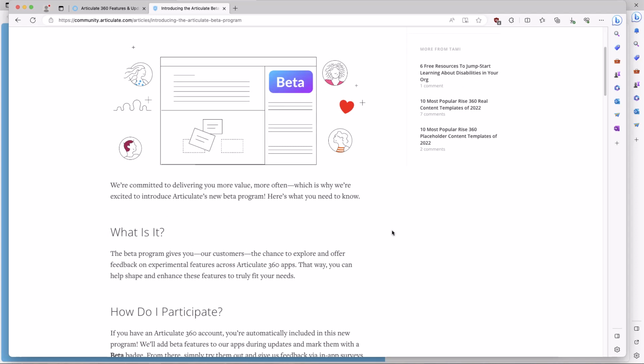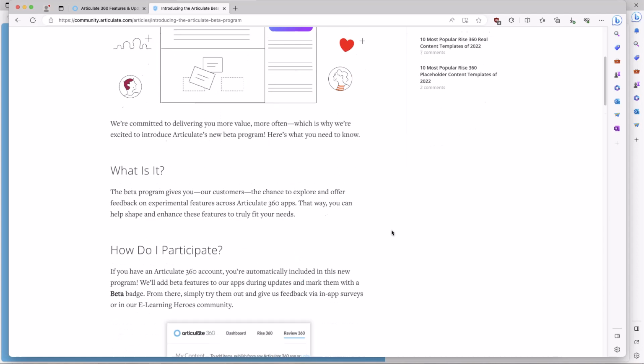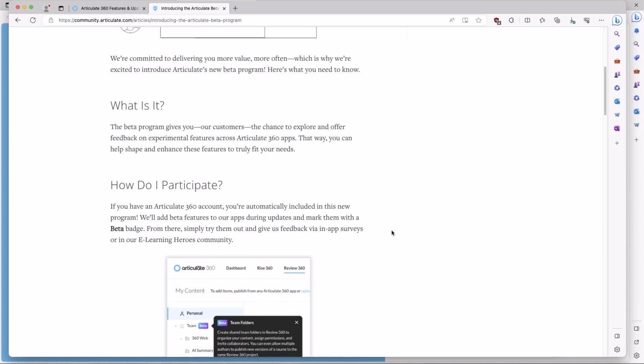It really helps us develop features and products that you want, and hopefully gives us the feedback to make these even better by the time they're ready for prime time. There's information about how the beta program works on the resource page, which you will get tomorrow with the link to today's recording.